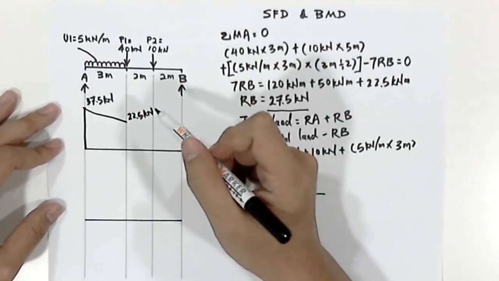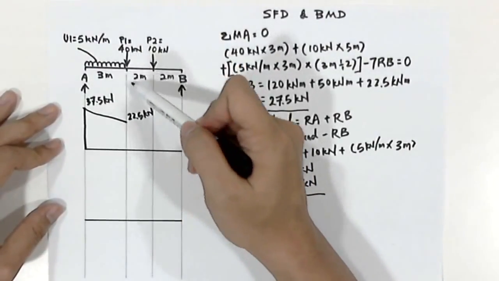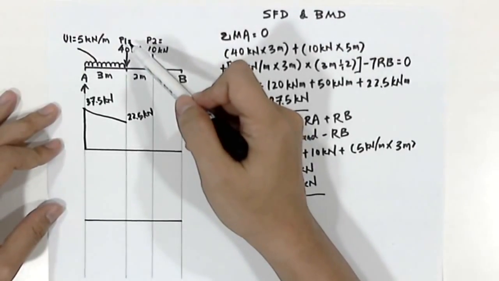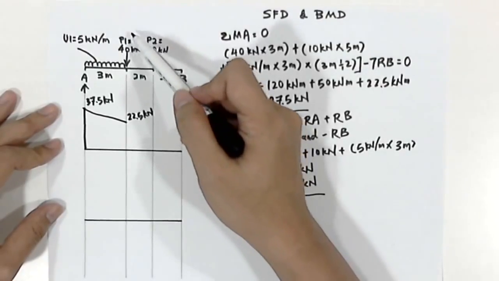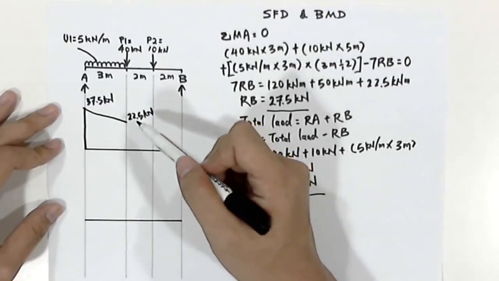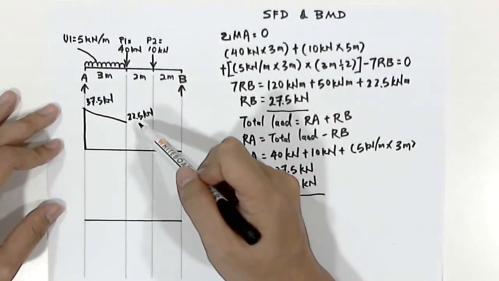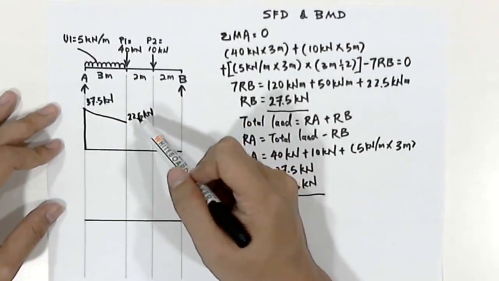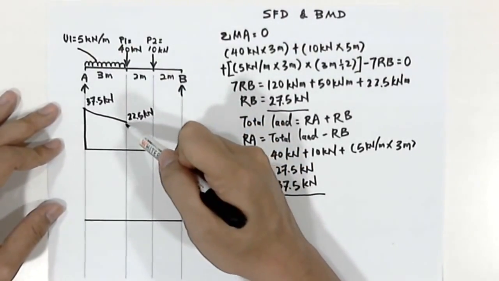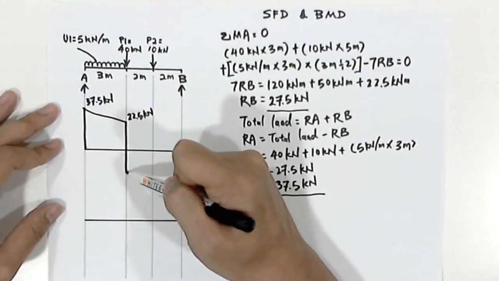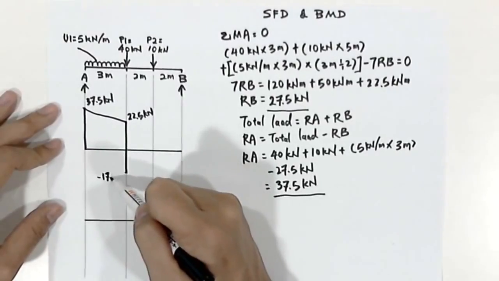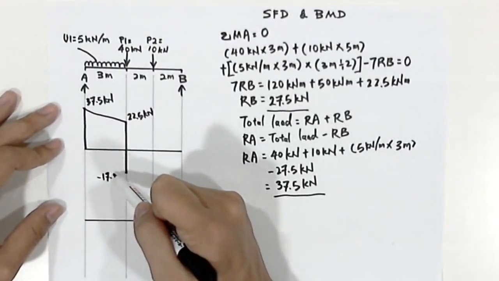22.5 kilonewton. So what happened here is that now we have a point load 1, P1 equals to 40 kilonewton. What P1 does to the shear force diagram is that we'll have to use 22.5 kilonewton to deduct 40 kilonewton. And the value that we'll have will be negative 17.5